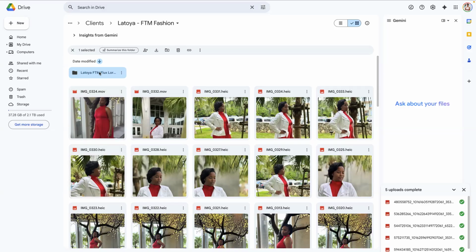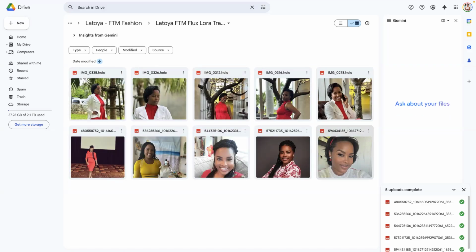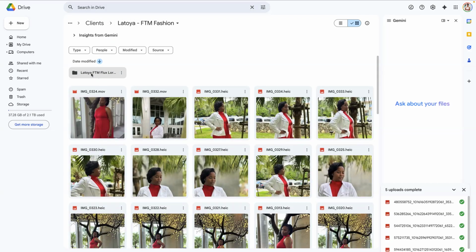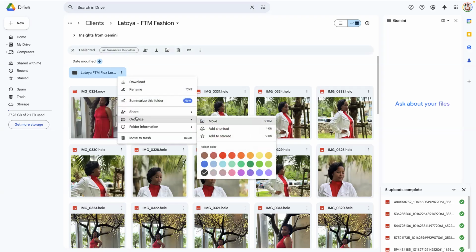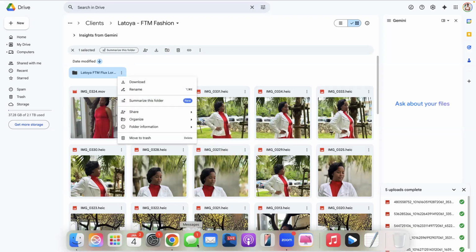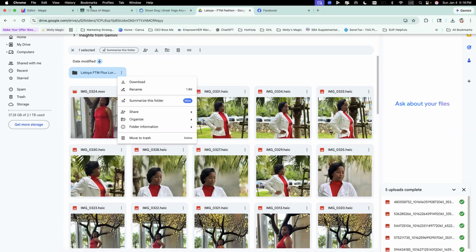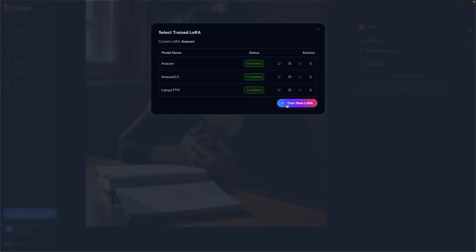So what I did is I created a folder here and I picked 10 that had different varieties of her facial features and lighting, but made sure that they all showed her face really well. That's really, really important. And then once I had the folder of the ones that I wanted the model to be trained on, I downloaded it. And what it will do is put them all into a PNG. And most importantly, it will put them into a zip folder.